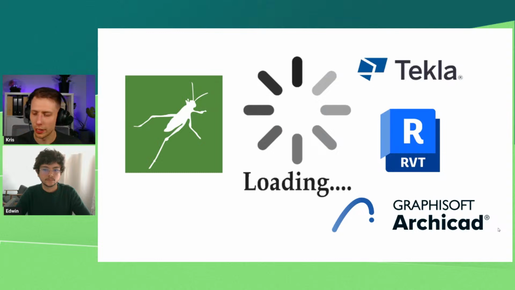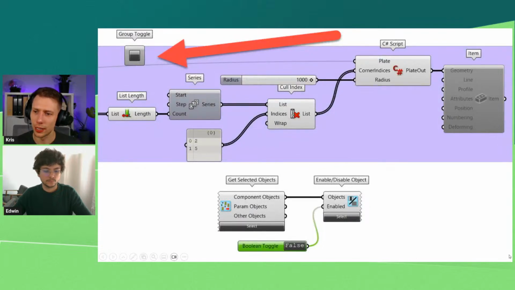And usually when you have really complicated geometry, and you are sending lots of geometry in bulk, it can stall while loading, and you have to wait, because Grasshopper has to connect with the API of the software, then come back to Grasshopper, and then create all the objects. Sometimes there is nothing we can do. But there is one tip that I really recommend, when you are opening scripts or creating new objects: use two components. One is a group toggle, and the second one is enable disable objects.